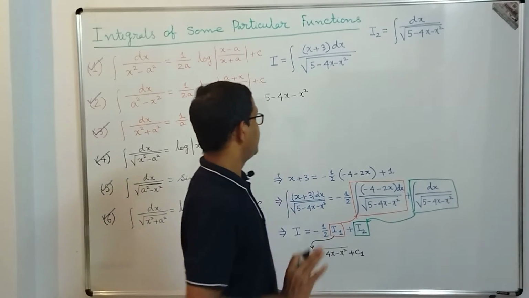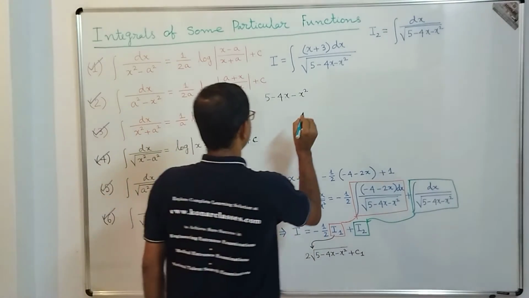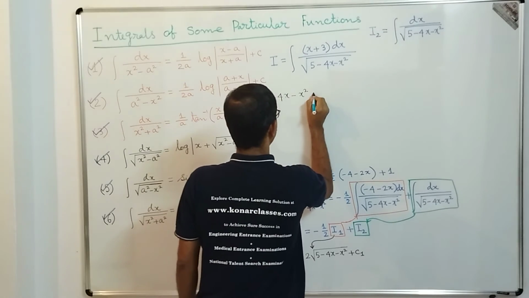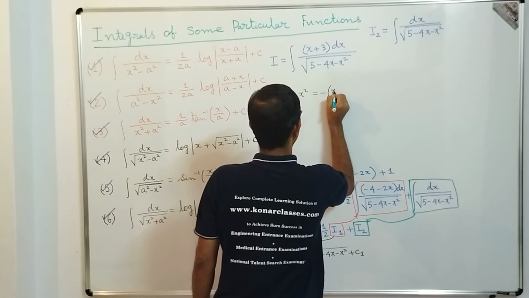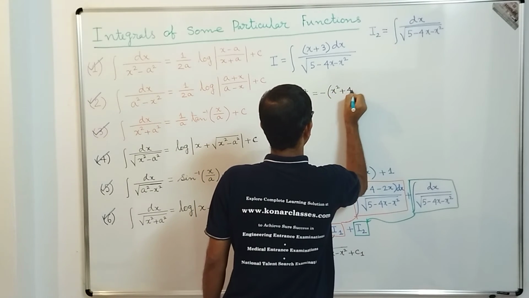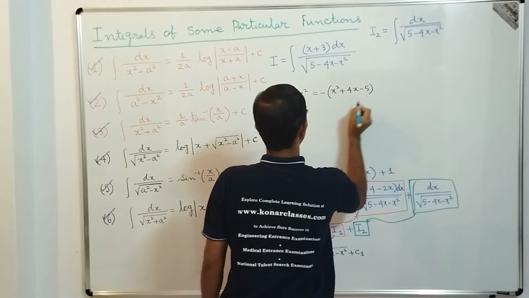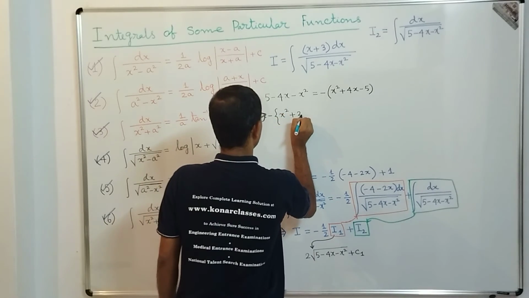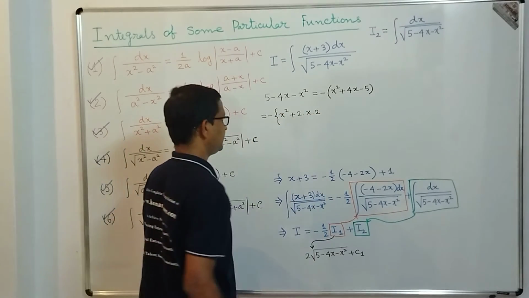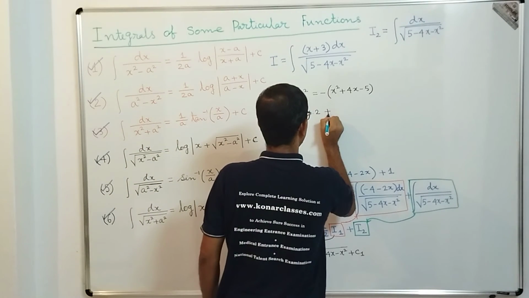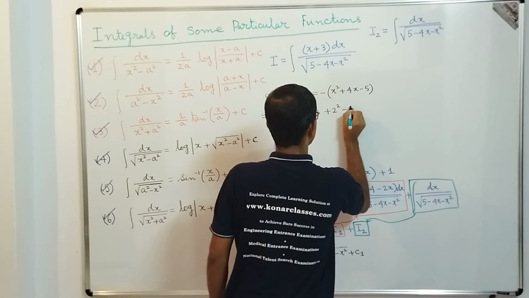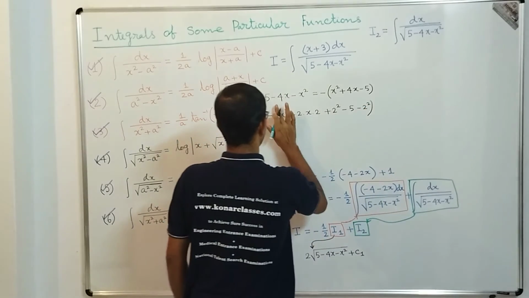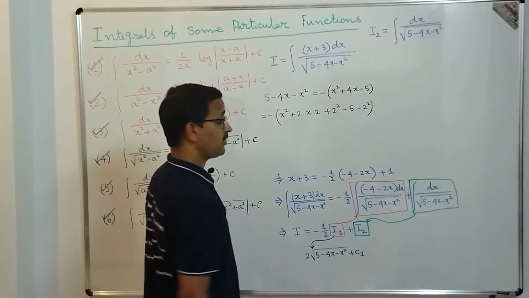That is our target. Now to achieve the target, what we are writing here is equal to minus of x square plus 4x minus 5. So this is equal to minus of x square plus 2 into x into 2, that is 4x. Then we are adding 2 square, so minus 5 minus 2 square we are subtracting. In fact, the first bracket is sufficient. Okay, so this is what we are doing. Why have we done so?